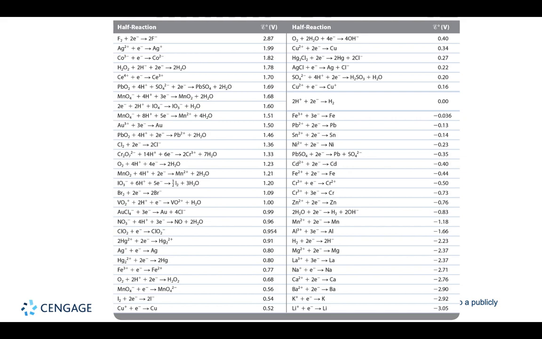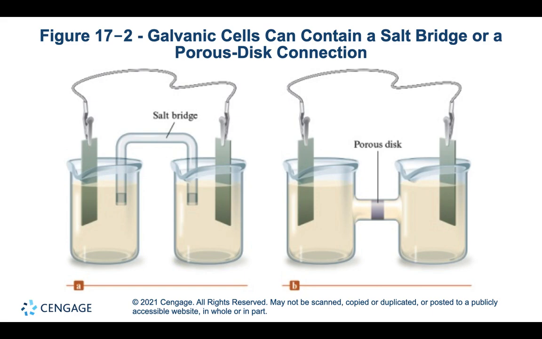So if everything was standard, if the F2 was 1 atmosphere, the F minus was 1 molar, the Ag plus 2 was 1 molar, and the Ag plus 1 was 1 molar, and everything was done at 25 degrees Celsius, standard conditions, I could expect, pairing these two reactions, the first one in the forward direction, the second one in the reverse direction, first one reduction, second one oxidation, that pair of two half reactions set up with a wire